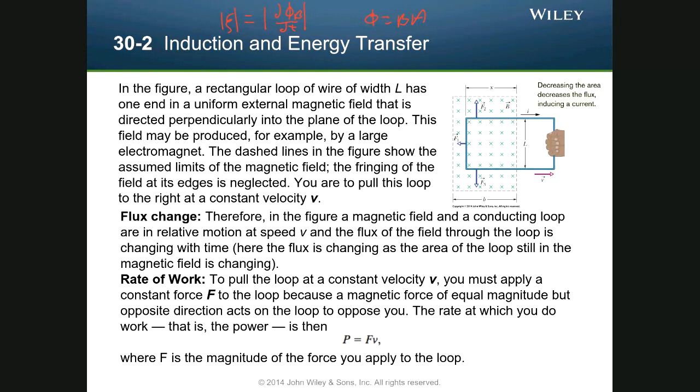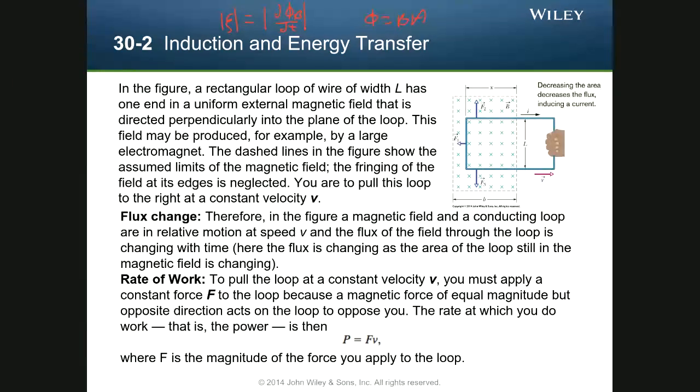So, when we look here, we have a magnetic field, right, going into the board, and a conducting loop that is being pulled with some relative motion with respect to that B field at a velocity V. Okay? And we can look here,